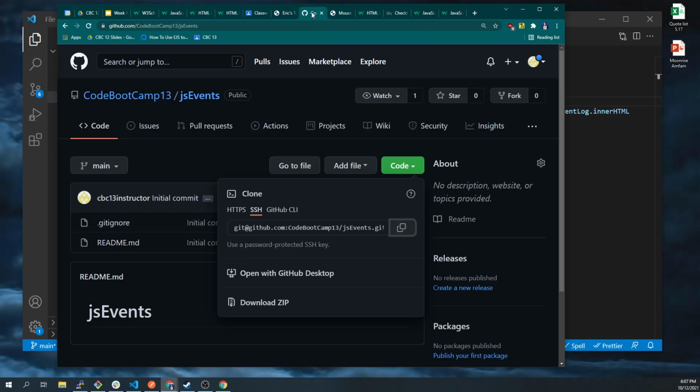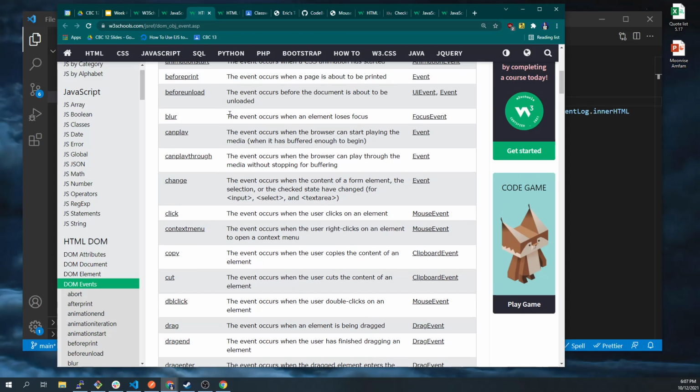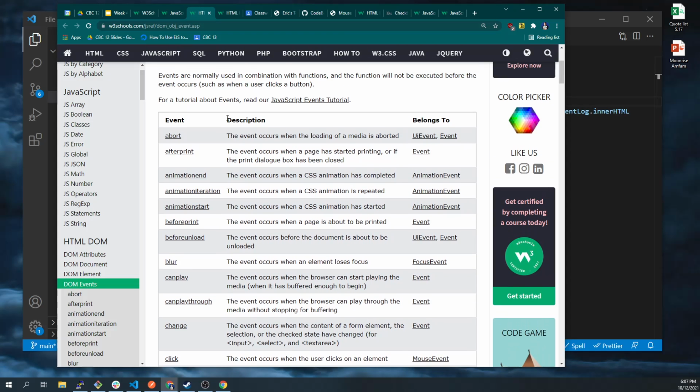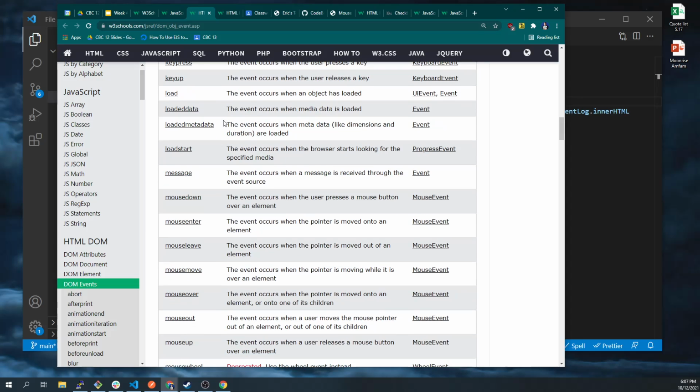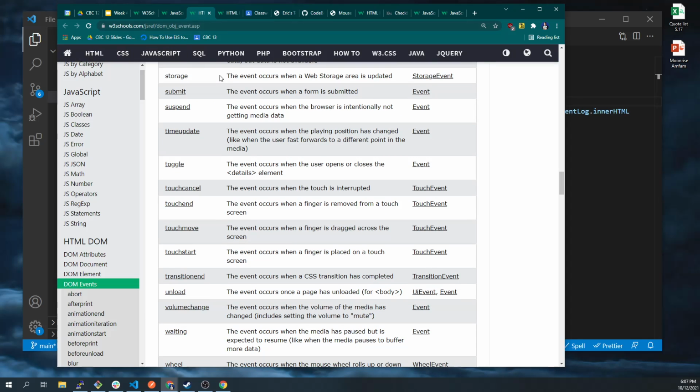All of these events are important. They all have a place. But when you use them is going to be completely dependent on what it is you're trying to do. Okay. Good question. And so this page is extremely valuable because, if you want to do anything that you can do inside of a browser,